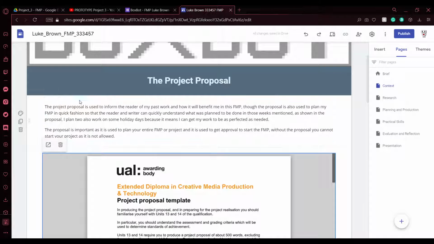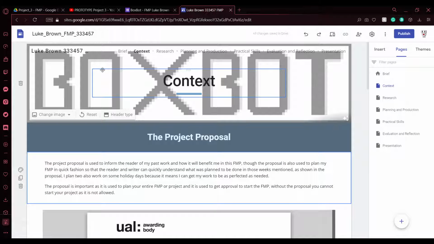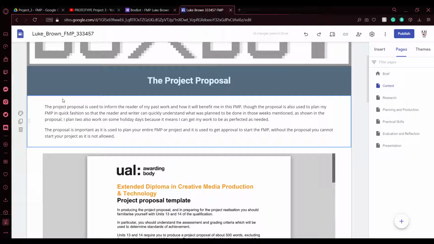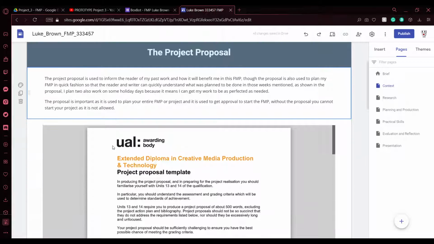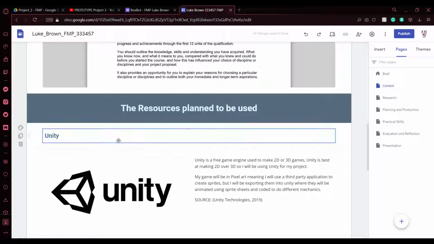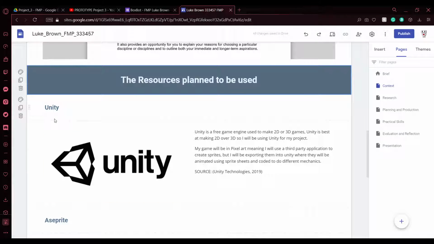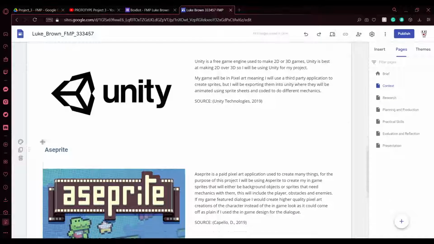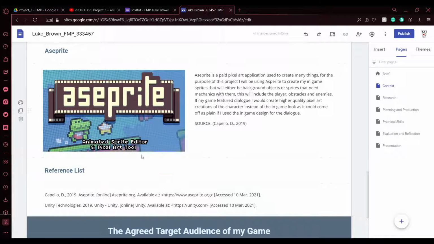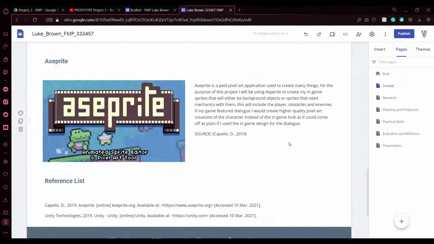Moving forward, I've gone ahead and started working on my site by adding explanations on my different parts. I've also started mentioning what resources I'll be using, such as Unity and Aseprite, which are my primary resources.